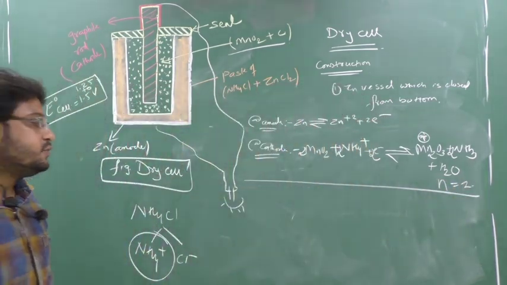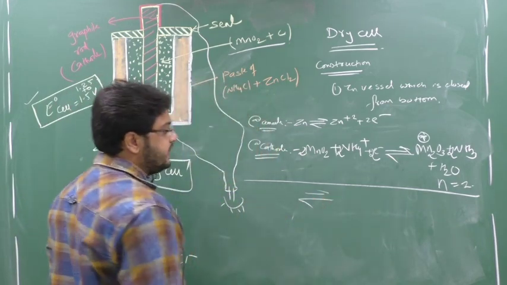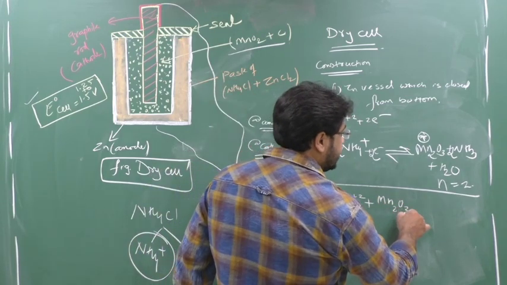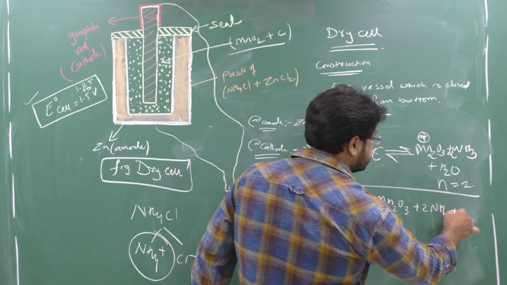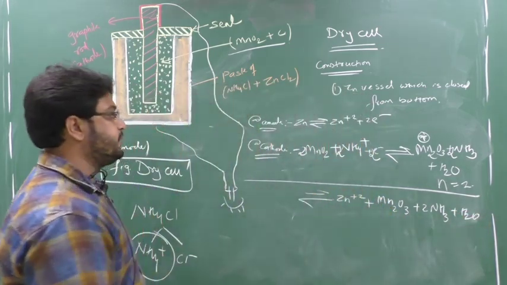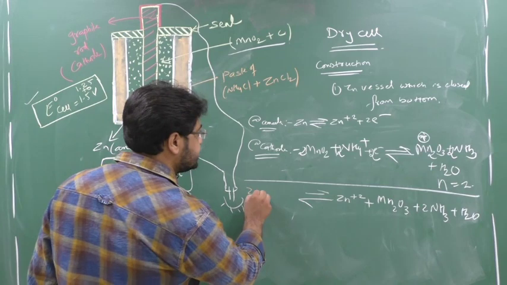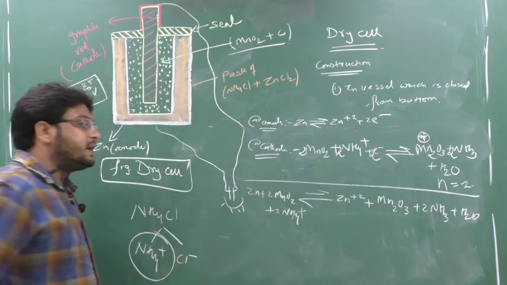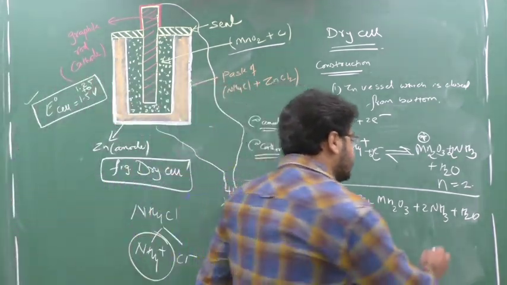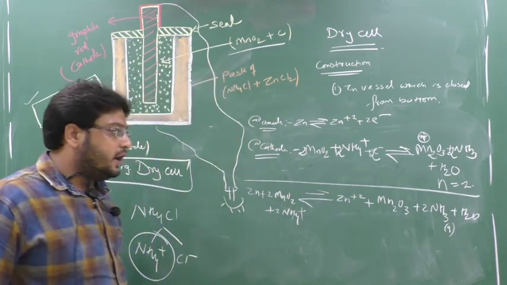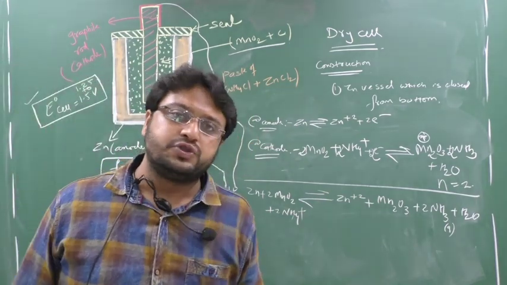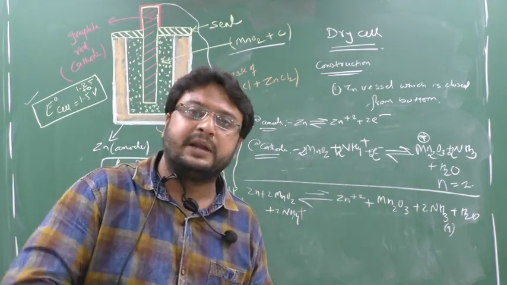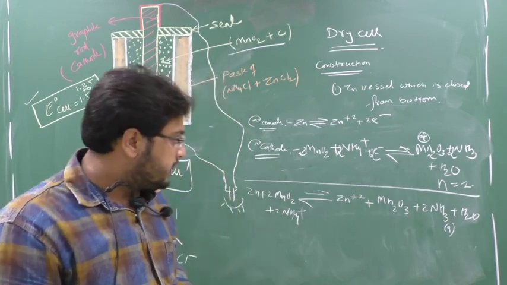Clear? Now if you see the product side, in the product side I will get Zn2+, plus Mn2O3 I will get, okay, and plus 2 ammonia I will get, and plus H2O. Yes or no? So this will be the net product. Clear this part? And here what I have: Zn, plus 2 MnO2, and plus 2 NH4+. So when I see here, the ammonia is a gas, yes or no? Ammonia is a gas. Now I'll ask you one thing: whenever you are using the batteries in your remote control, anytime you feel that the remote control is blasting or the cell gets blasted, nothing will happen, yes or no?